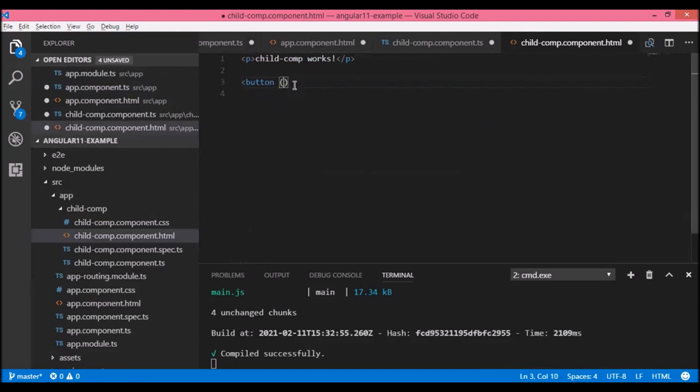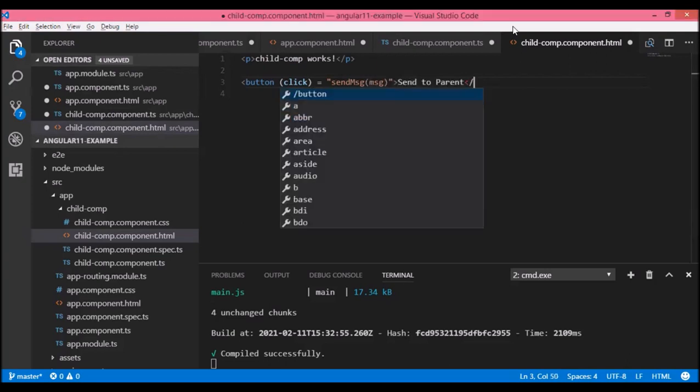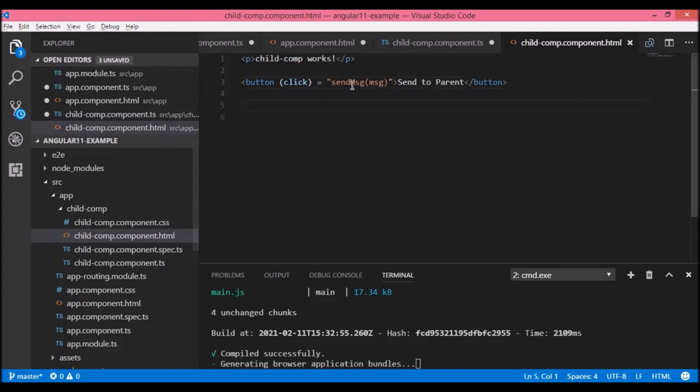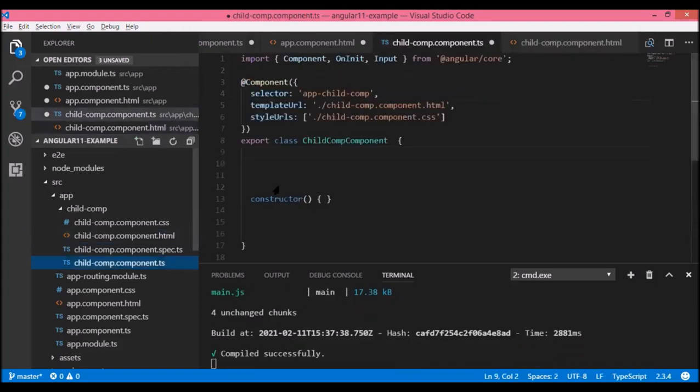And now I want to emit. So event would be emitted whenever I'll have this. So I'll write the event binding. Okay. On this event binding, I want to call some function, send message. Okay. I want to send some message. So event emitter is an object. So it will emit, and it is emitting an event called click. So whenever I click on this, it will emit a new event emitter object, and it will be received by the parent. I'll call this function. Now on this send message, I want to send some message.